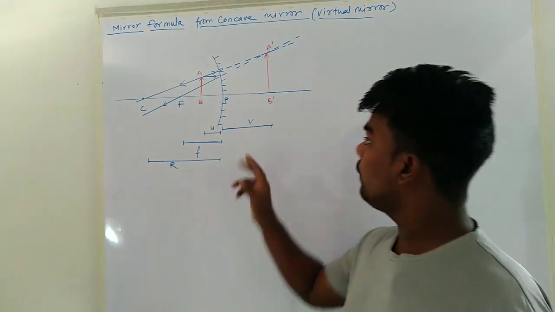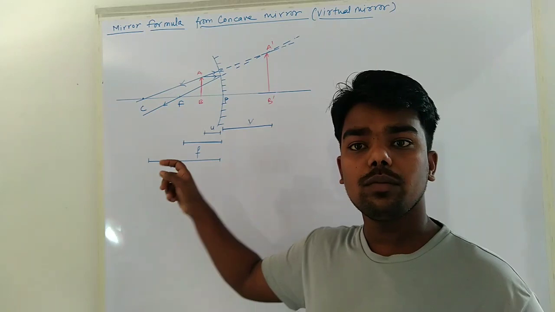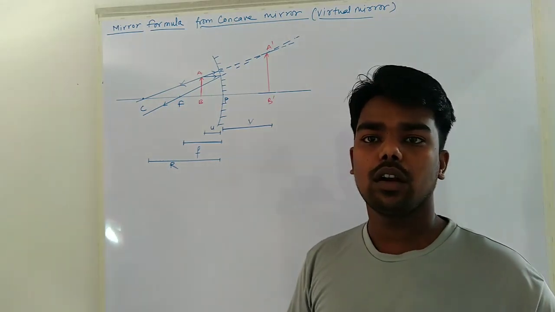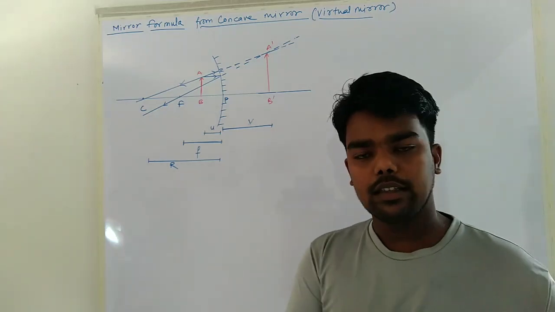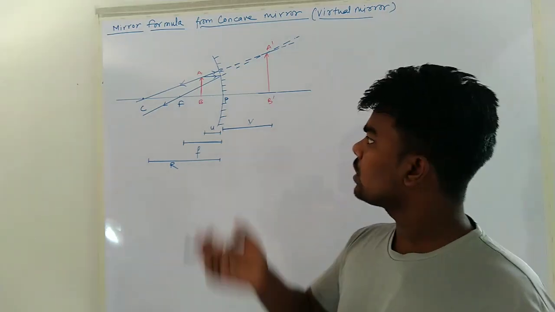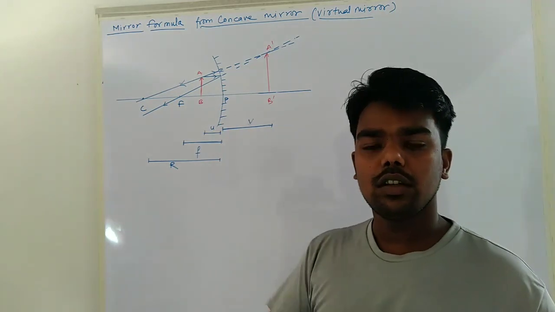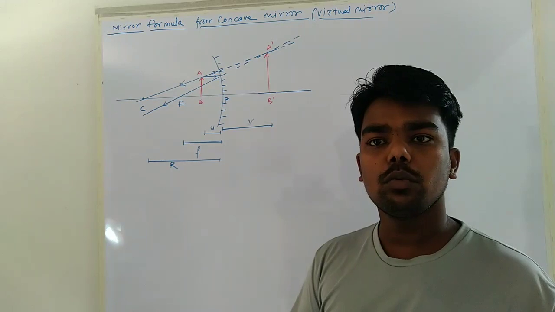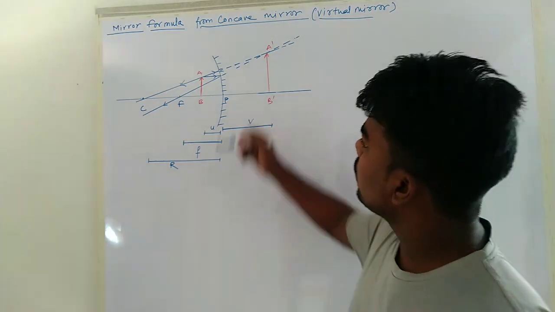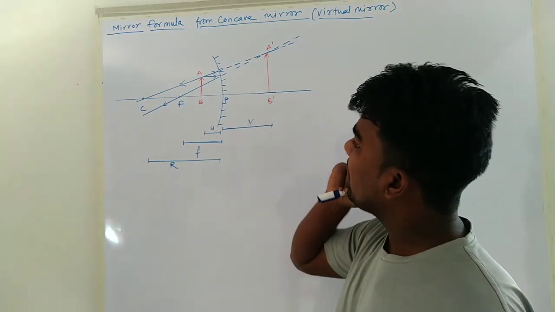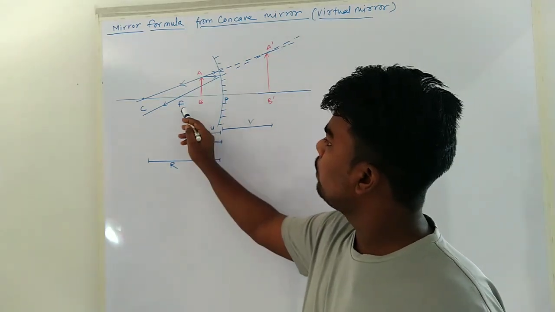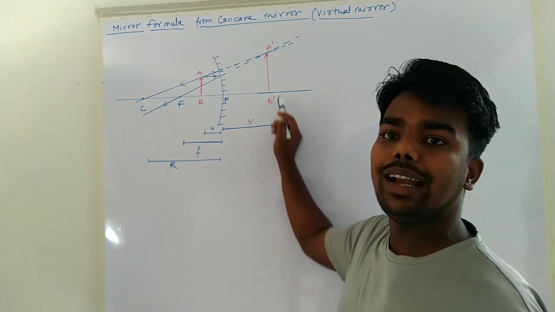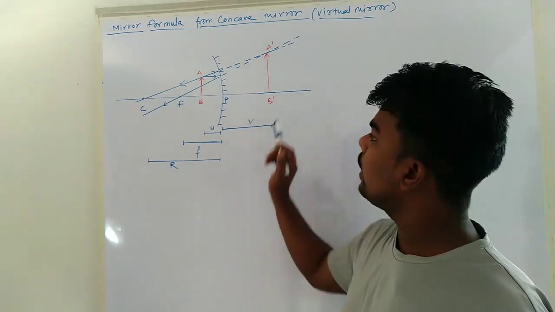So when this concave mirror forms a virtual image, in that case also we have to derive the same formula. The process will be the same as it was before, but just the condition is changed. In the previous condition there was the real image, and now the concave mirror is forming the virtual image. So here this concave mirror is there, and when the object is placed between P and F, between pole and focus, the image formed is virtual, behind the mirror, and it is erect.